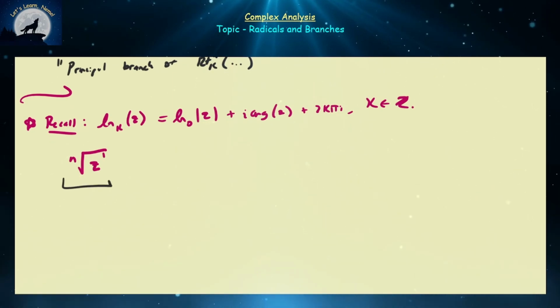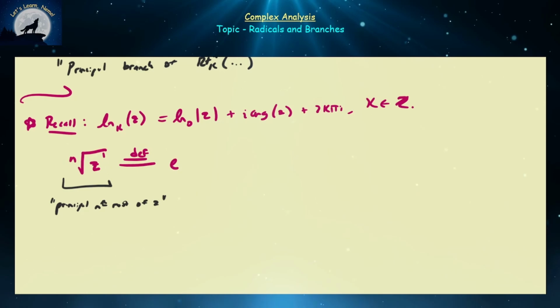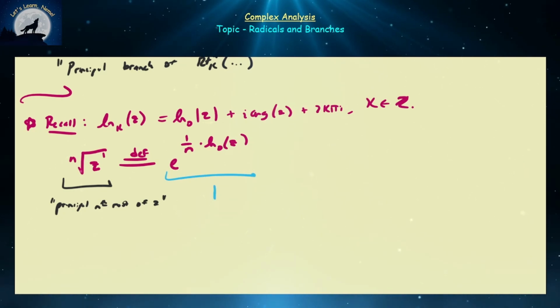So this is going to be the principal nth root of z. And how do we want to define it? Well, obviously we want it to be in parallel with, or an extension of, the real variable properties that we have. So we're going to define this object to be equal to e to the power 1 over n times the principal natural logarithm of z. Right? And you might be thinking, well, why would I define it to be this? Well, keep in mind, if all of our properties hold for logarithms, and in this case they do,